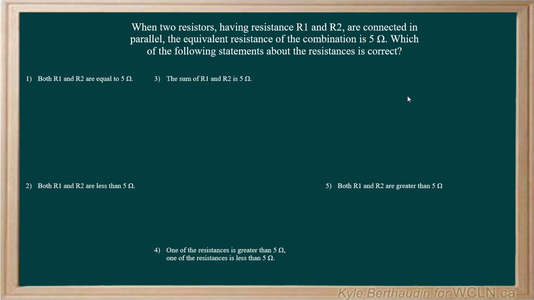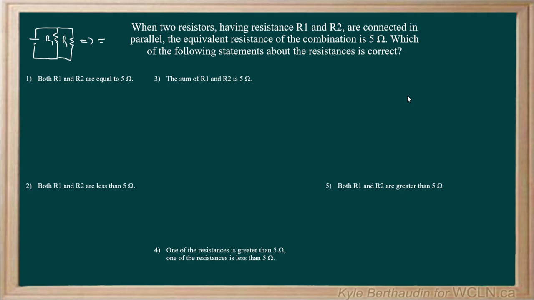When two resistors having resistance R1 and R2 are connected in parallel, the equivalent resistance of the combination is 5 ohms. Which one of the 5 statements shown here about the resistances is correct? So in this question, we have two resistors that are in parallel, connected to some power source. And all we know is that if we find the equivalent resistance of this circuit here,